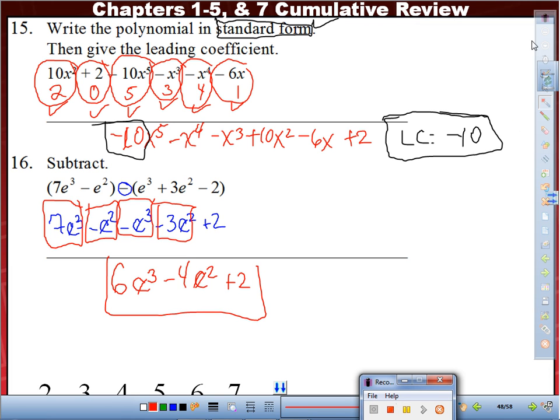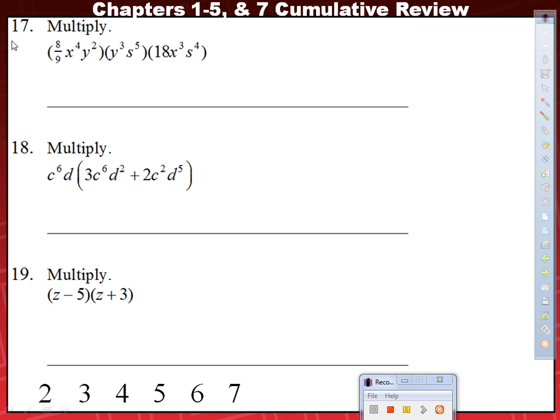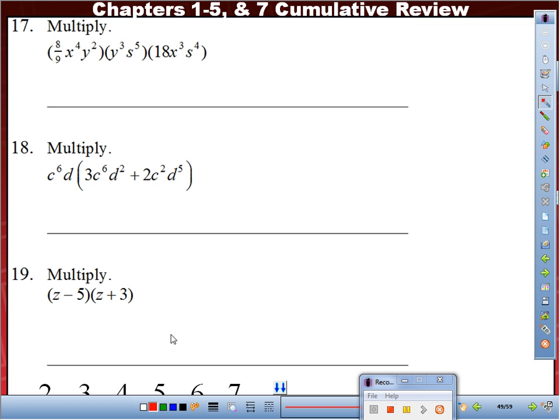All right, let's continue. Number 17. Here we go. It says multiply. Notice on number 17, there's multiplication throughout. Does everybody see that? So that means we can use the commutative property. That means we can multiply in whichever order, and we're still going to get the same answer. Remember that? And so with that said, I'm going to focus on the numbers only. I'm going to focus on 8 over 9